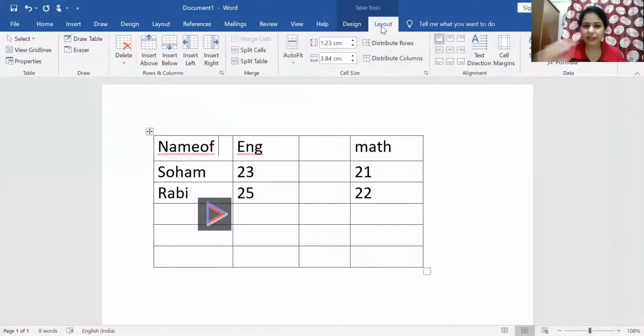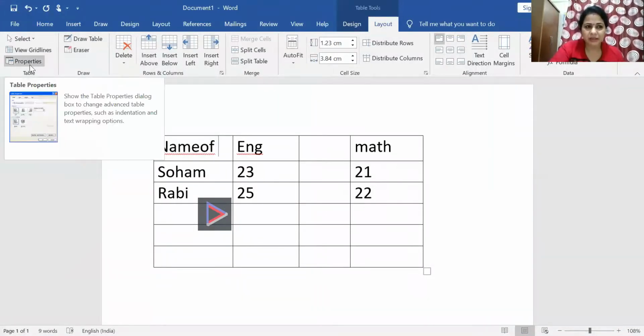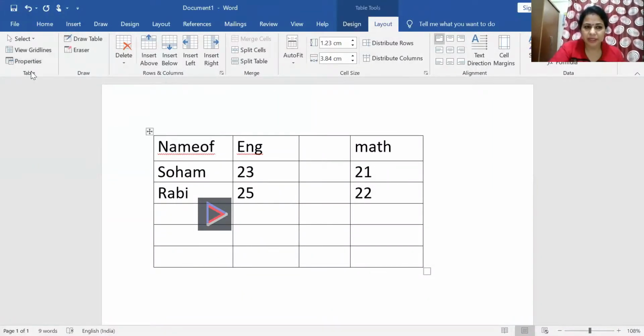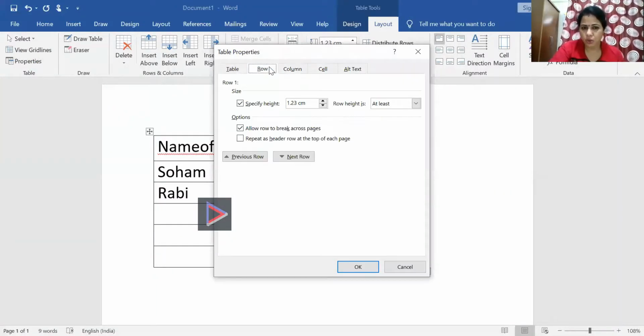If you go, and then you have to go to the properties. You can see the properties is here. You can click on the table properties. Okay, now you see here row. Now here you see specify row height is 1.23 centimeter. Okay, now if I want to increase or decrease,